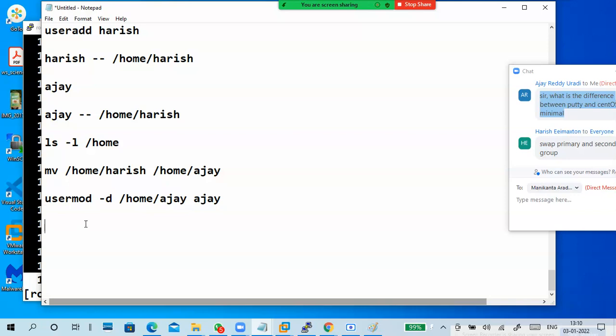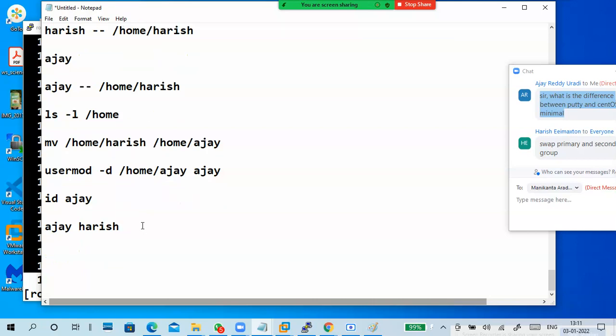If you want to know how I did the group: id Ajay shows Ajay is the username and the group is Harish, because I gave it like this. If I specify some different group, like group one, group two, group three, it will come.